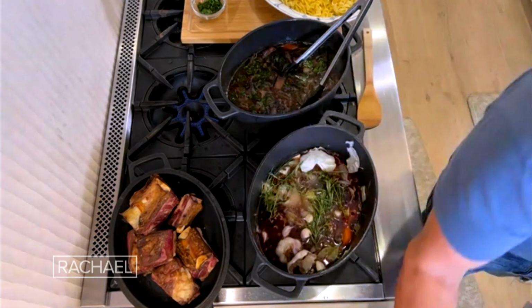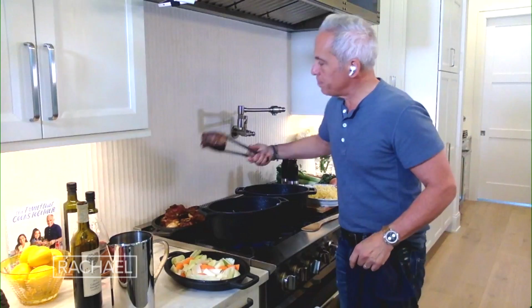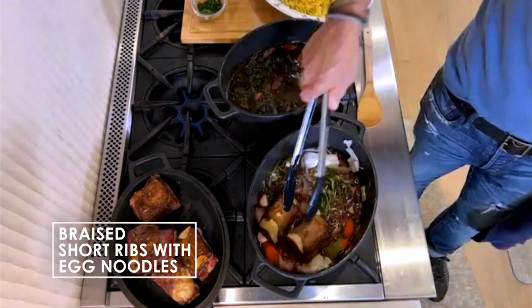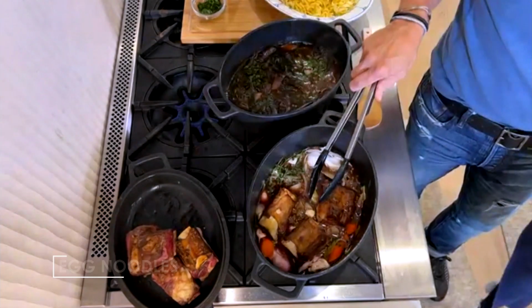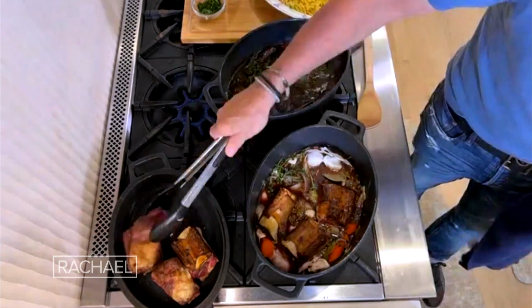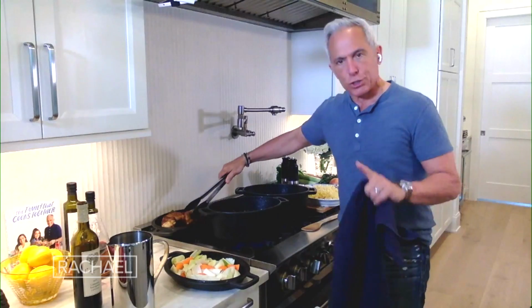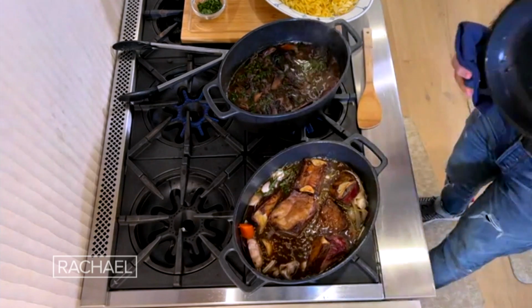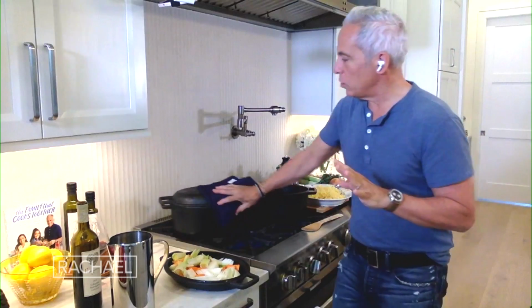Okay, so we're going to put some stock in here. I don't like to put an excessive amount of stock. I think you put these babies right in, bone side up, and you nestle them in there. They're going to be kind of tight and crowded, but once they cook, they shrink a bit. You want the liquid to just barely cover them, right up to the edge. When it goes in the oven at 300 degrees for a good 3 hours,